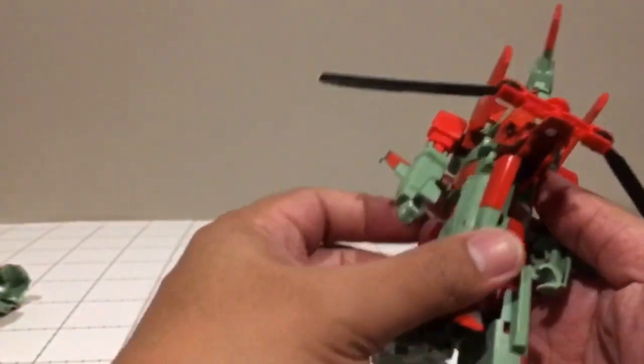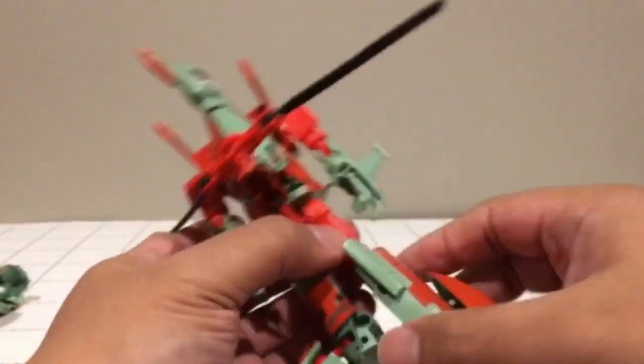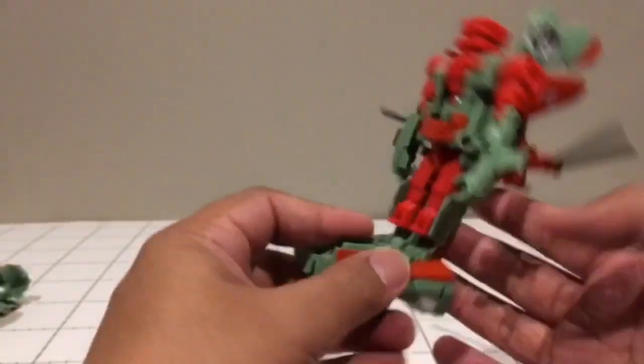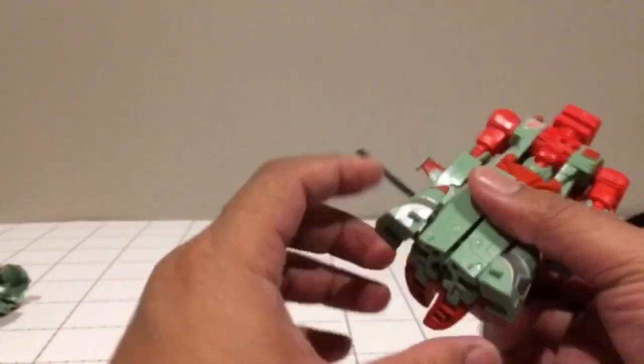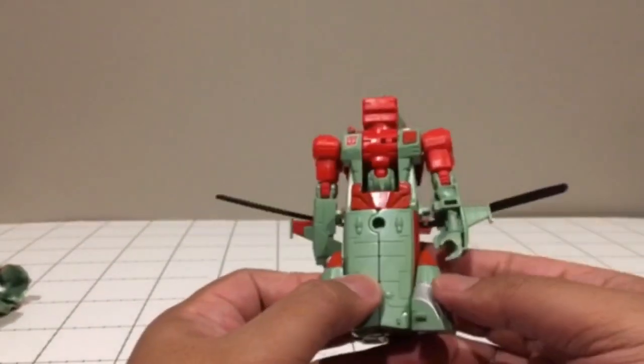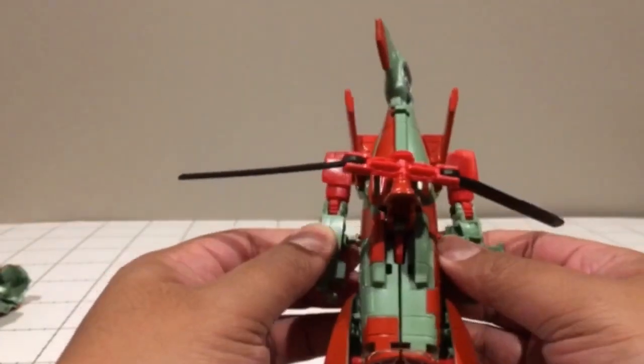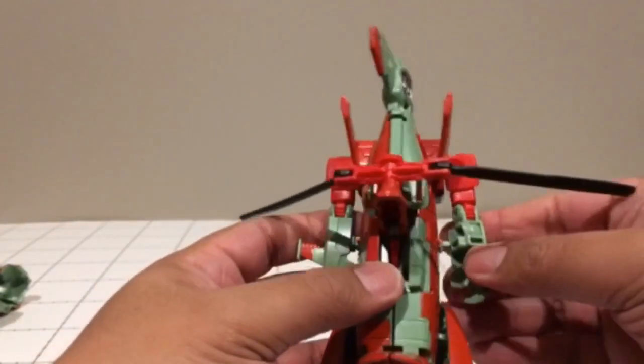But leave the cockpits to the side there. And that's Storm Clash in foot mode. Just peg that back together, put the blades there. That's foot mode. Let's do it quickly for